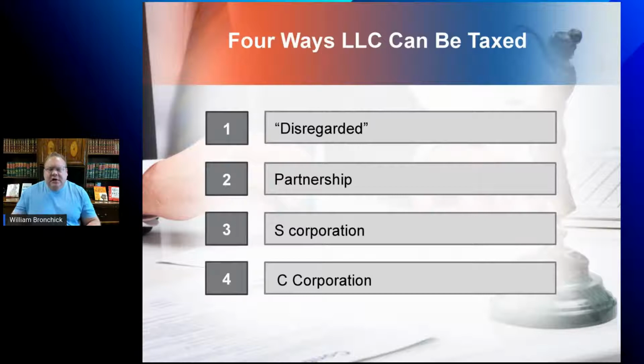Isn't that interesting? So a corporation has an 1120, an S corporation is 1120S, a partnership is a 1065. So limited partnership, general partnership, limited liability partnership, all file 1065s, and then they issue K1s to their partners. In an LLC, there are 4 ways it can be taxed. Number one is what's called disregarded. Now, if you're a one owner, you call the owner a member in an LLC. If you're a one member or single member LLC, then the IRS disregards the form.